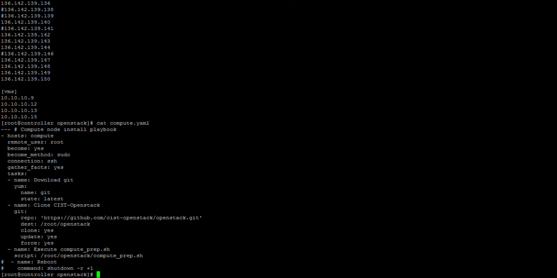Become method is sudo, which is saying that we want to run all these commands with elevated access. Connection is SSH, which is how we're connecting to all the hosts. Gather facts is yes, that's gather information about the host. So now we can see the task list, and this is the jobs that are actually being executed on all